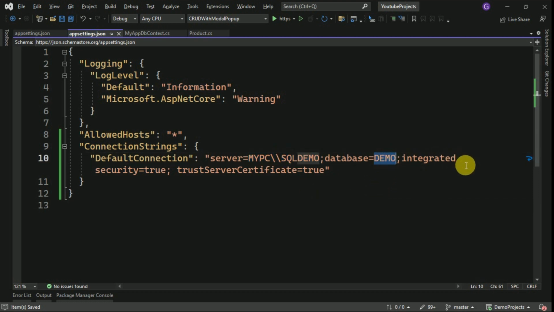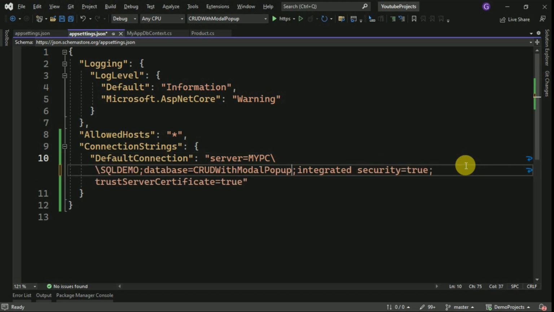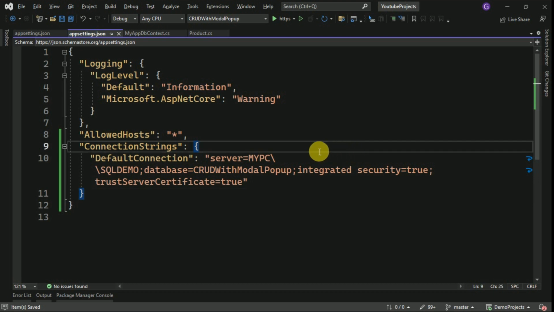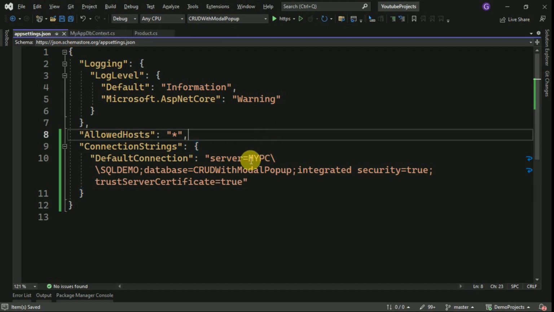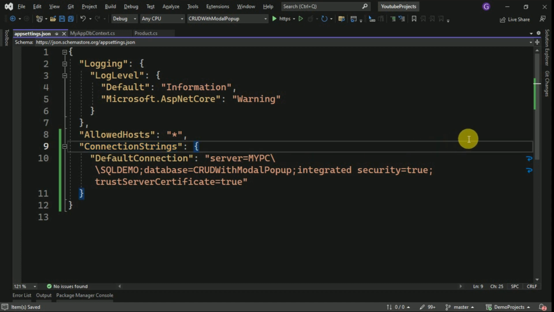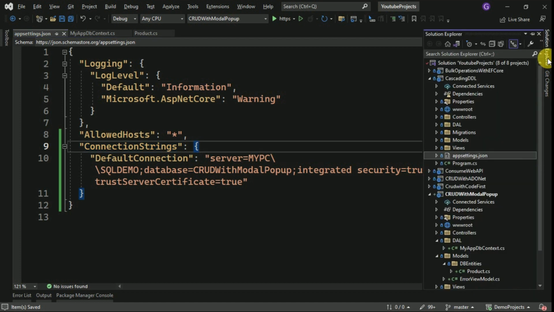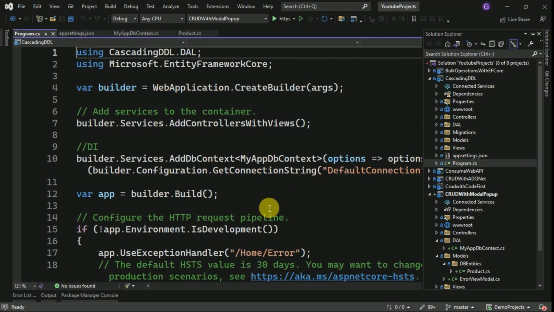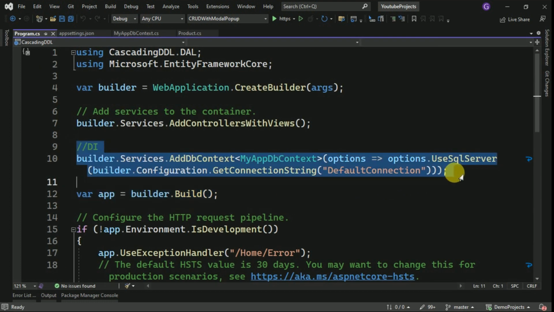Here the database name I will give it as this is my DB name, and we are going to use Windows authentication, that's why I have provided integrated security as true. Now this connection string we have to add into the program.cs as a dependency injection. So this also I'll copy from my previous session. So I'm copying this dependency injection,